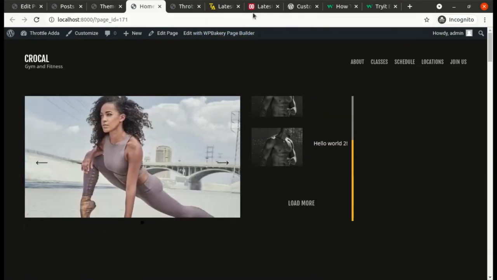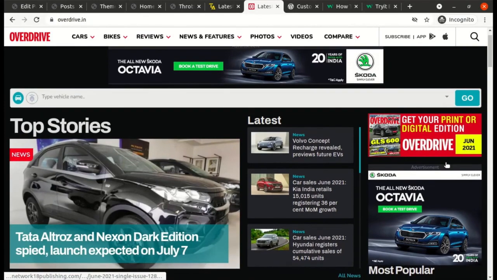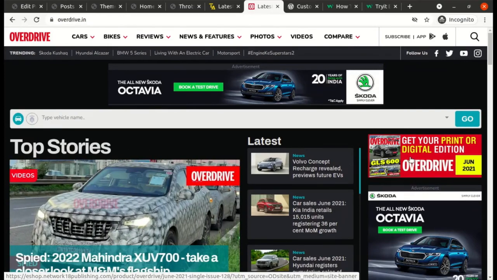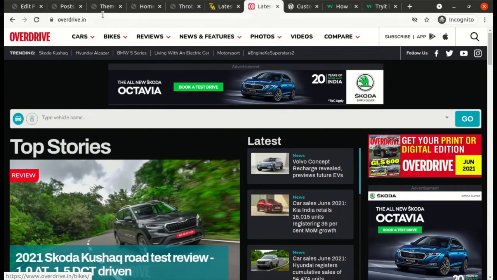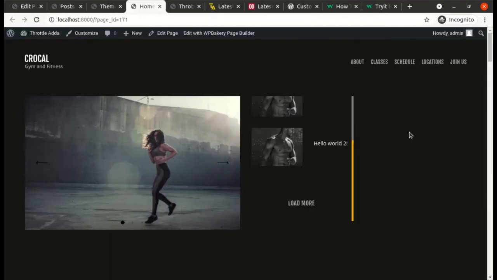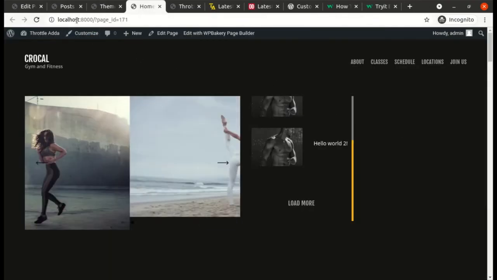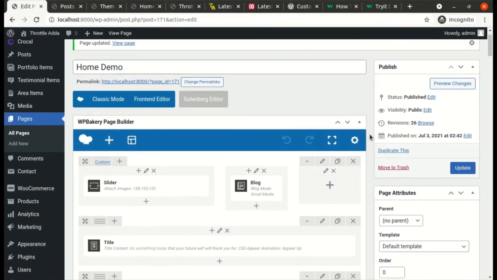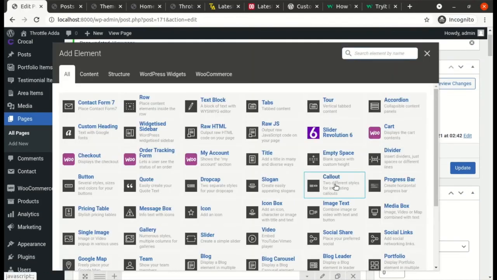In the rightmost section, there are two images in the first fold of the website. So I have downloaded these two same images, and I'm going to put these two images on our website at the same place that we have decided. Let's go ahead and do that. Again, a very important note for everyone: please use only optimized images. Okay, don't use very large dimension images or very heavy images for your WordPress website.